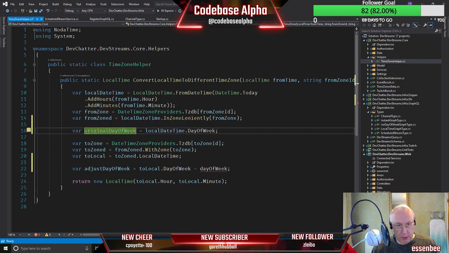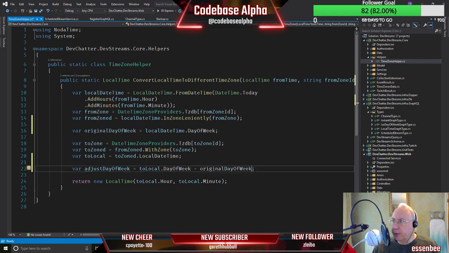And just so we're being obvious about what we're doing, now we've got an adjustment. In the case of what I just described, where I set up a fictitious stream that happens at 2 in the morning my time in the UK, that needs to be reflected. If that was on a Friday, it needs to be on a Thursday at about 9 o'clock in the evening